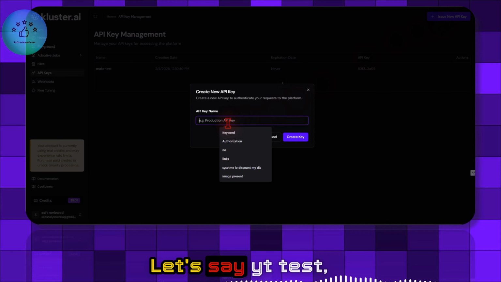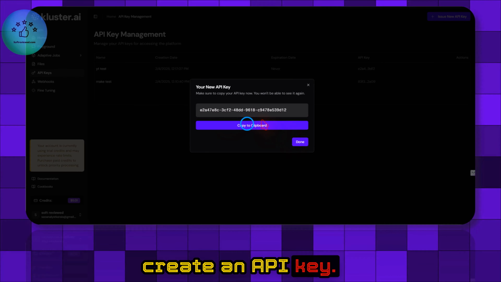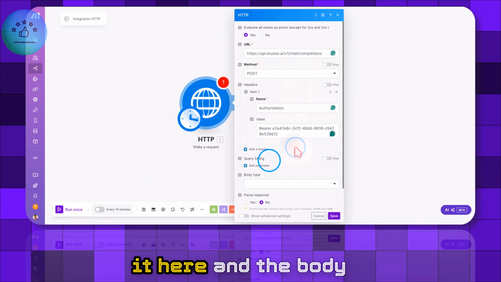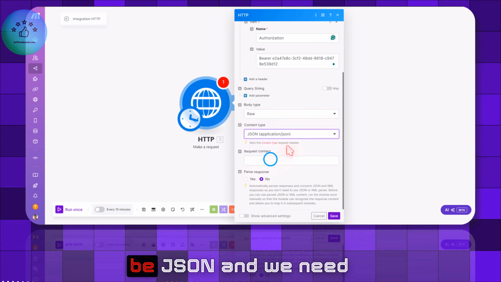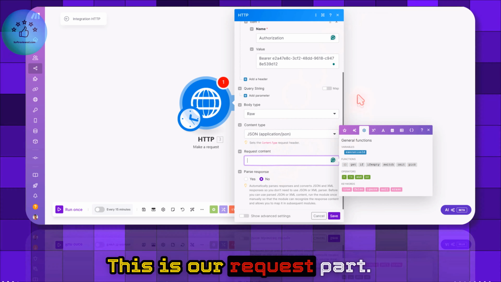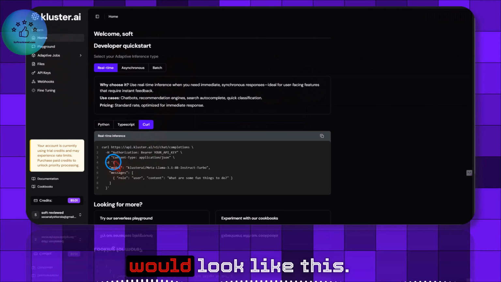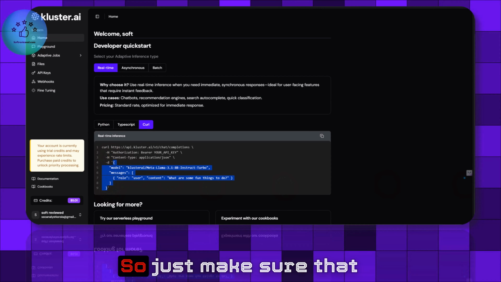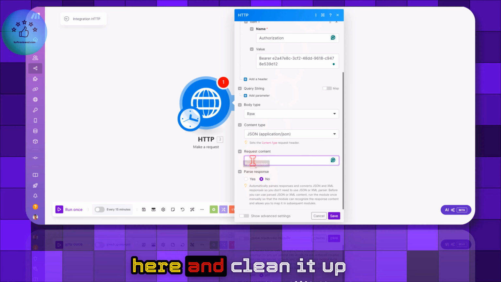Let's say YT test, create an API key. Here is our API key, and let's just paste it here. And the body type can be raw, and the content type can be JSON, and we need the request content. This is our request part. So if you go home, the request would look like this. This is the request without this comma. So just make sure that there are no 1 2 3 or any numbers here, and clean it up and